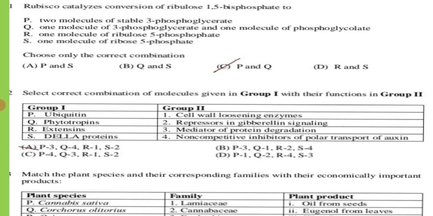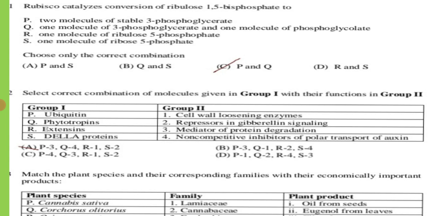So options P and Q are the correct options for this question. Rubisco catalyzes conversion of ribulose 1,5-bisphosphate to 2 moles of stable 3-phosphoglycerate, and another to 1 molecule of 3-phosphoglycerate and 1 molecule of phosphoglycolate. Then moving to the next question, here you have to match the correct pairs from group A